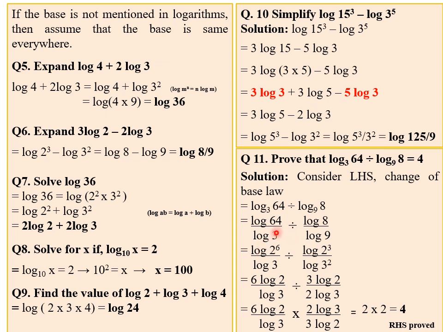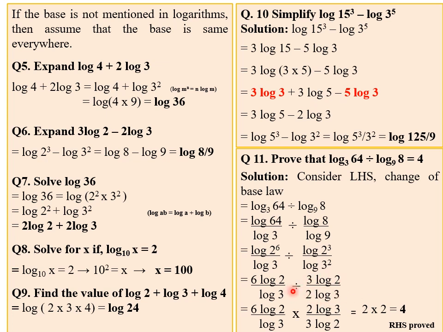Now 64 is written as 2 to the power 6 divided by this log 3, log 3 remains the same, log 2 to the power 3. 9 is written as 2 to the power 3. Now because of this exponent form, what you can do is you can take this 6 out by giving it as a product. 6 log 2, the same thing here, 3 log 2. Now once you come to this point, what you can do is take this term as it is, 6 log 2 by 6 log 3, and this term